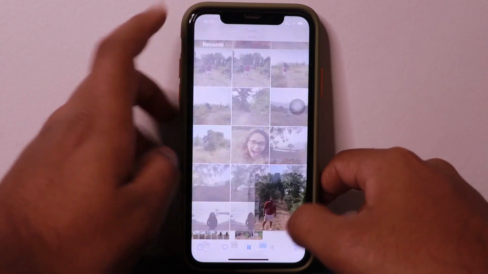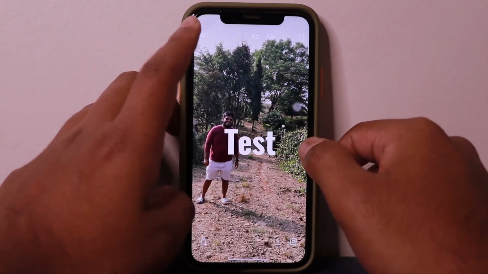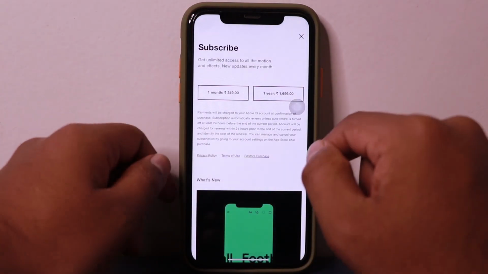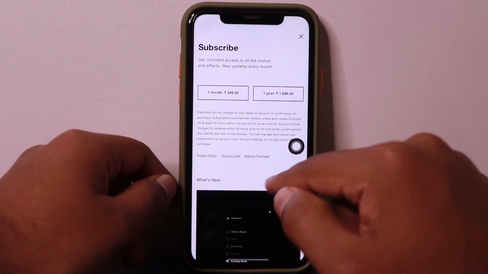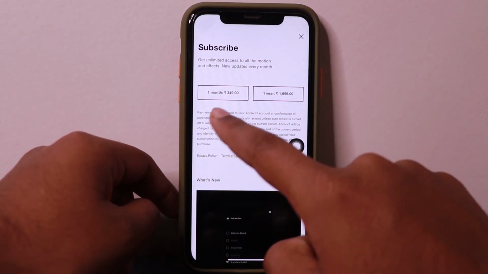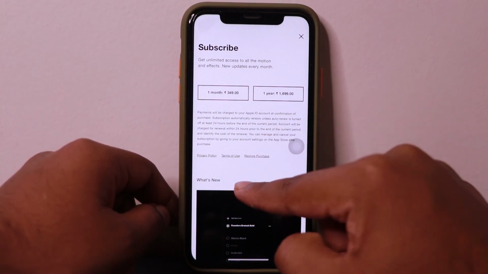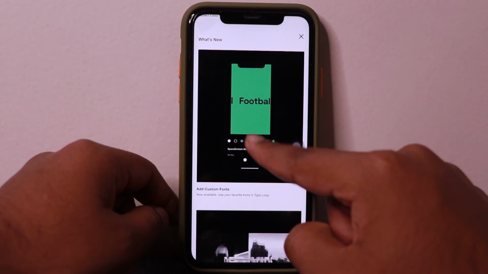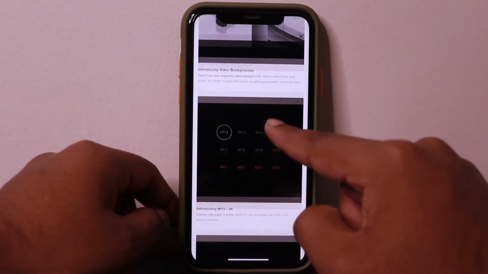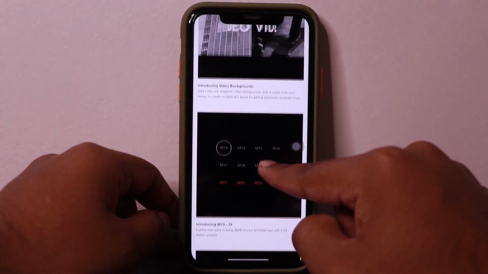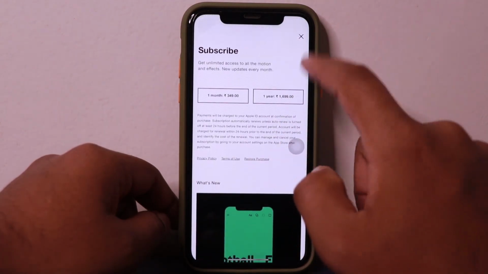So yes guys, this is what the app is. It's a pretty interesting app. You can go for a paid subscription as well with some more added features. The cost for the paid subscription is $349 per month, or you can go for a one-time yearly basis, and then you have some new features. Videos are available. This section gives you the introduction for new features.